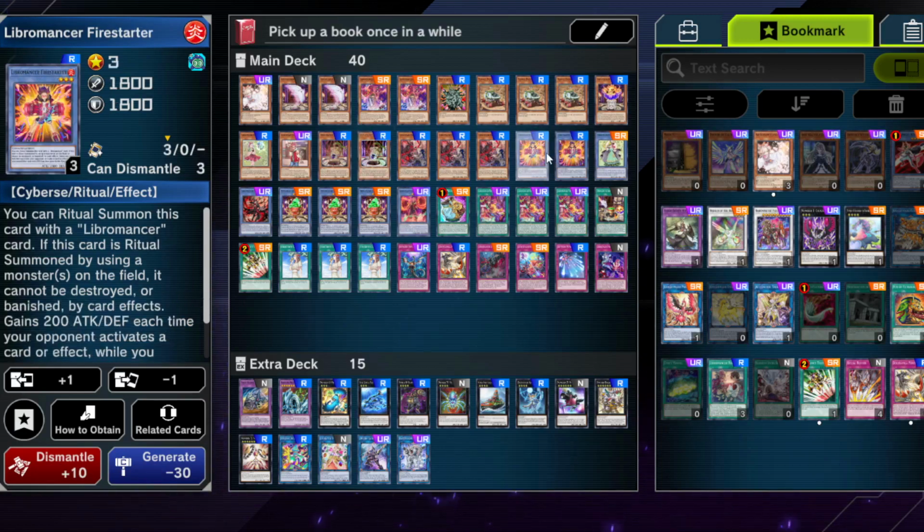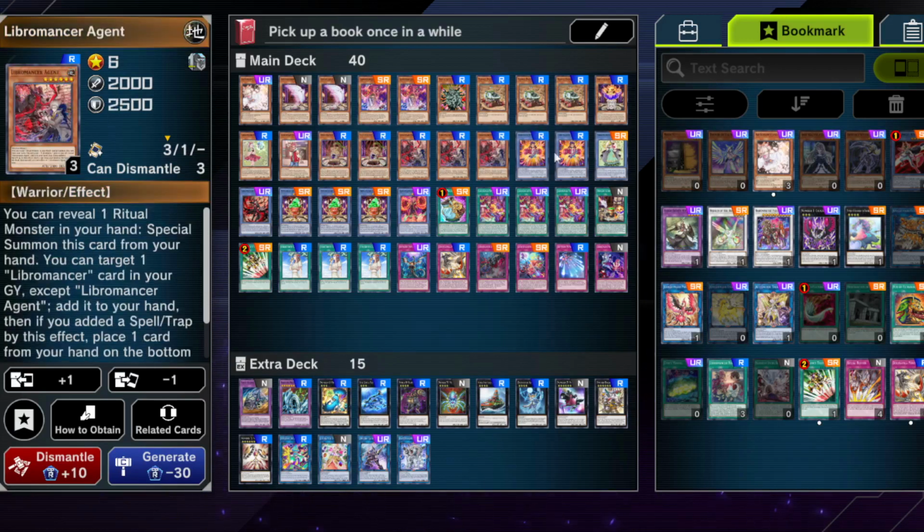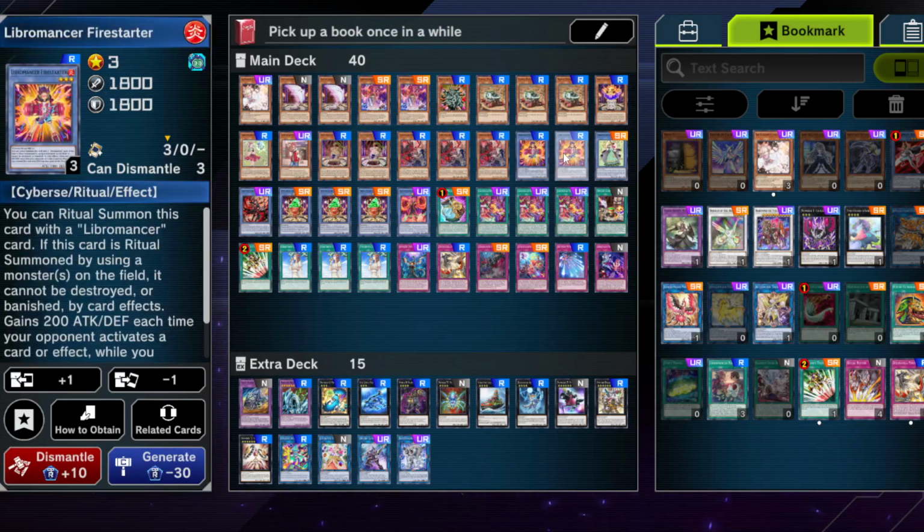matter. This card is just basically you can keep a loop up where you can constantly gain stuff, and this card is a ritual monster as well, and it's a Libromancer as well. So having access to this card, getting it out of the deck, maybe putting it back into the deck then with Agent if you recycle your trap cards and stuff, running 1 or 2 isn't too bad, because like I said,